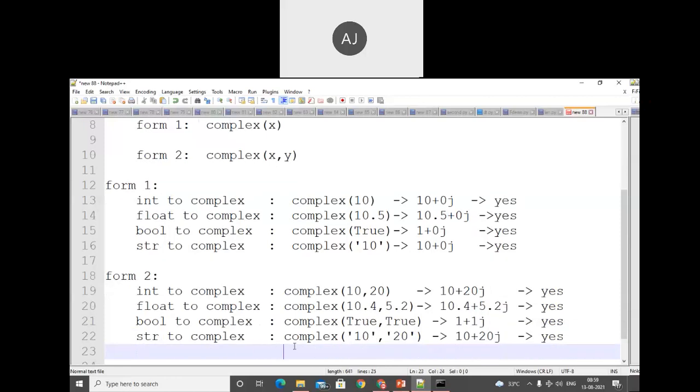But when we try to pass a fractional value inside that, assume 10.5 and 20.5, in that case it will not work. What is the reason? We'll discuss it, and such types of questions will be asked in the interview also.